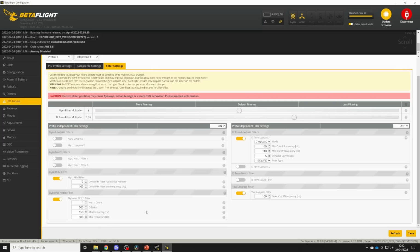And then if I come over to the D-term low pass filter, I have just a single D-term low pass filter, which is a dynamic filter, meaning it moves with the throttle position, with a minimum cutoff of 80 Hz and a maximum cutoff of 110 Hz. And this is a setting that I've found works really, really well for otherwise clean, low vibration builds. So if your quad has a relatively clean noise plot below 200 Hz, then you should be able to get away with this very aggressive D-term filter. It's a biquad type filter with a dynamic curve, so it rises in frequency very quickly as you raise the